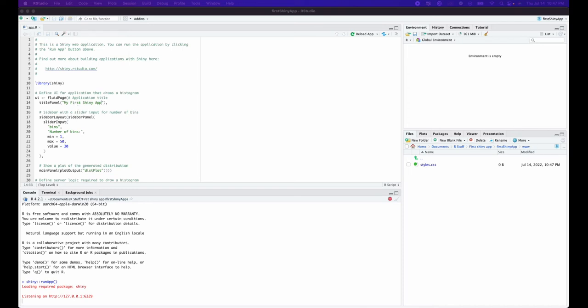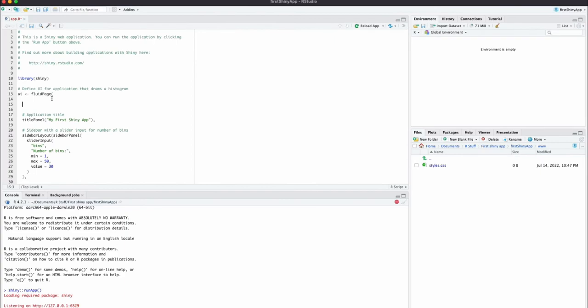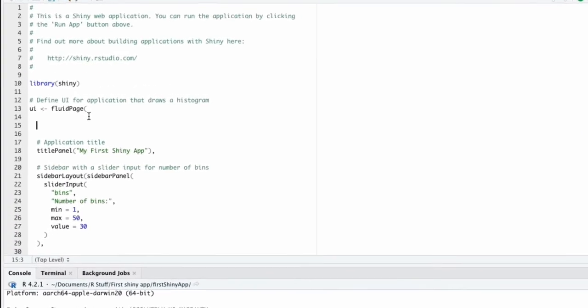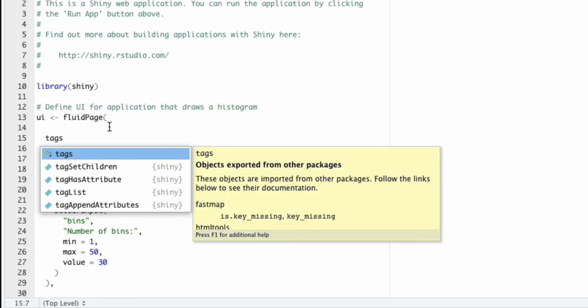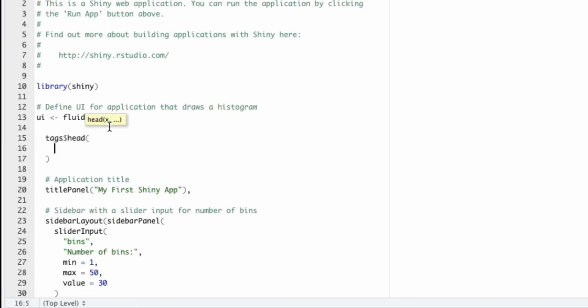So in order to do that, there are a couple ways, but I guess the more structured way is to use tags, and by that I mean let me reorganize this a little bit over here. Okay, so right inside my Fluid page, I can actually do tags and then $head. That means I am inside my head element right now, and in there I need to add a link to my